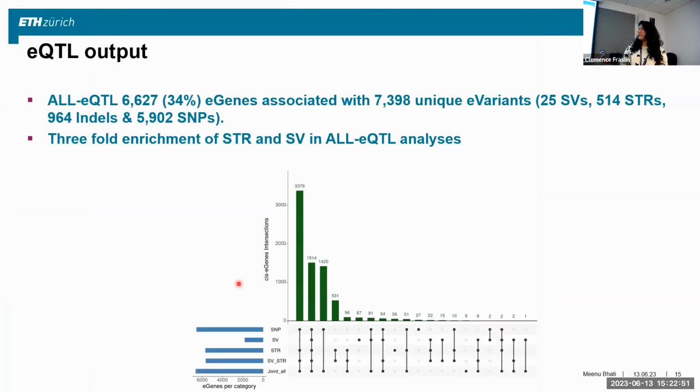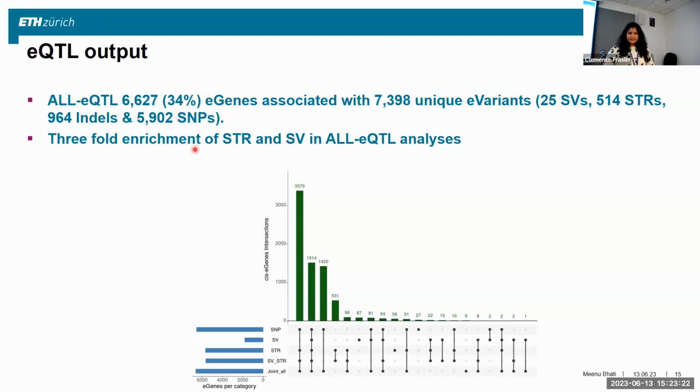In the first eQTL output, when we included all of them, we identified at least 34% of the eGenes which are associated with multiple eVariants: 25 structural variations, 514 STRs, and 5,000 SNPs and indels. When we did the Fisher test and odds ratio, we found they are three-fold enriched compared with the SNPs and indels present at the whole genome level in the all-eQTL database,